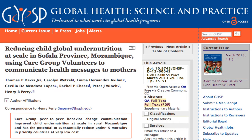So let me show you why we're excited about this project model. In a word, it's better. It's better and more cost-effective than other behavior change models we've used in the past. It outperforms. This study was on a large Food for the Hungry care group project in Mozambique that I helped design and support